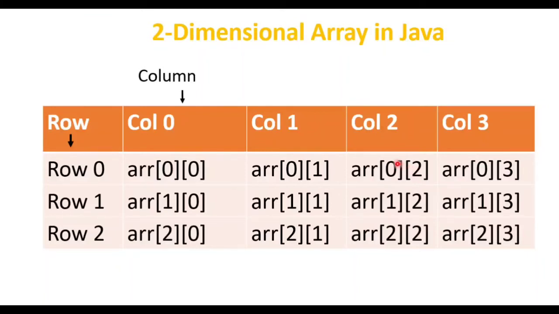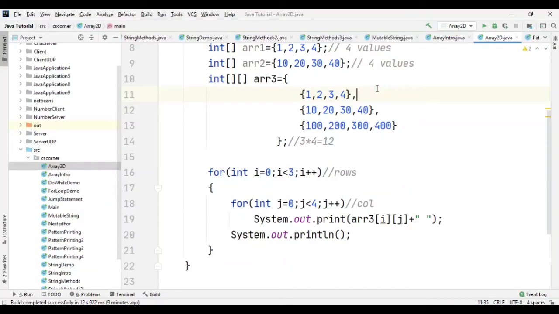Now, let me go back to my program and show you what is ARR 00, my row number 0. This is my row number 1. This is my row number 2. Here I am getting ARR 300. So what will happen? It will go to ARR 3 and it will try to access 0th row and 0th column. So what I am having at 0th row and 0th column? I am having value 1. So I am going to get 1 as my output.